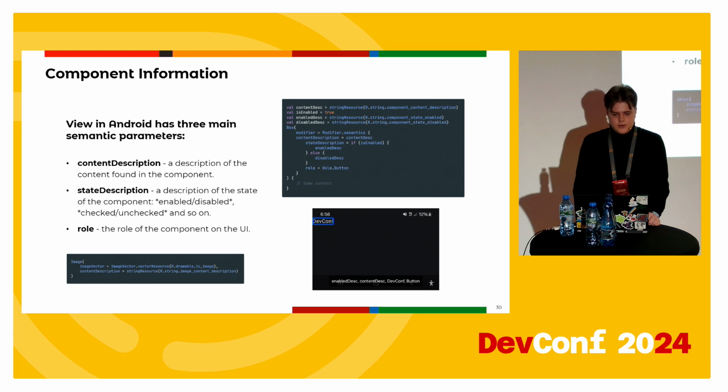Views in Android have three main semantics parameters: content description, state description, and the role. Android evolves, and so do the ways of building UIs, but content description remains. It should be specified for images or complex components. Let's be honest, we all set the content description to null, because why should I need it? But if you want your application to be accessible, you have to set this field, unless the icon is used for decorative purposes and does not represent a meaningful action users can take.